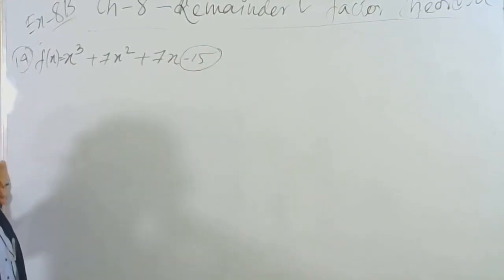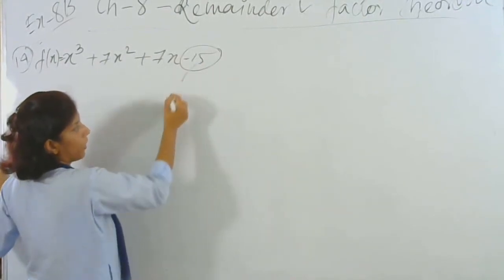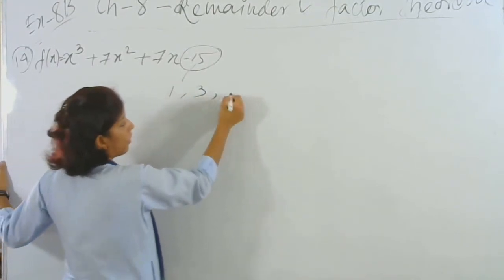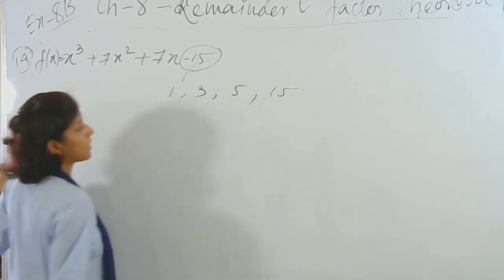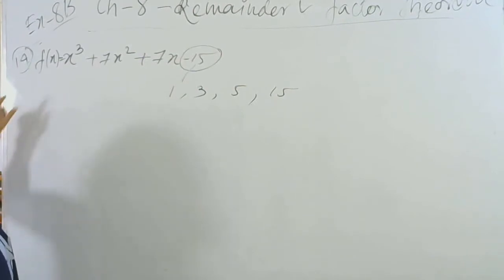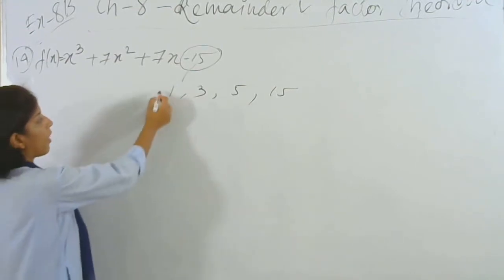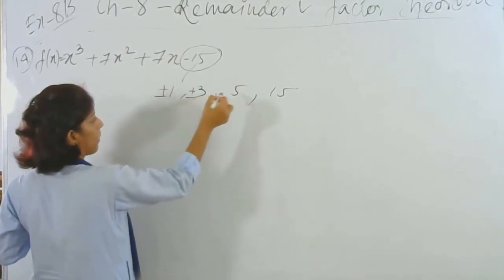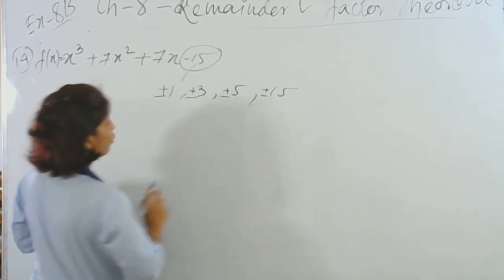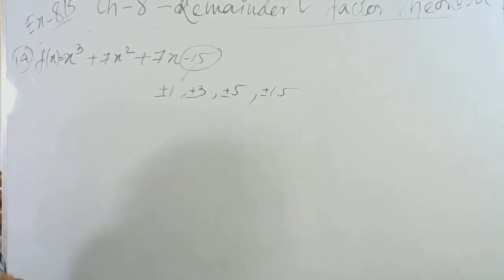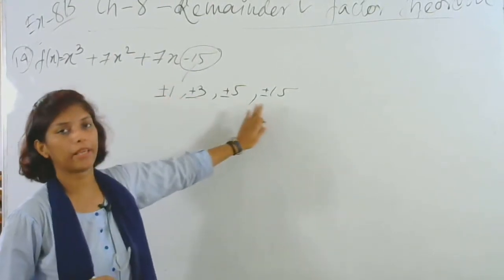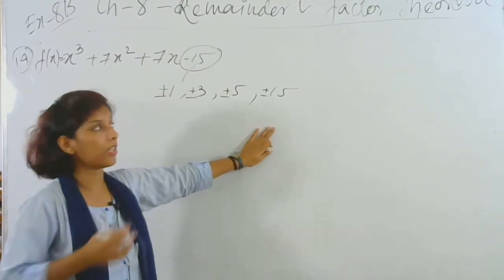You cannot use any random number. Like 2 or 5, yeah, I can use, but 2, 8, 7, I cannot use. What are the factors of 15? 1, 3, 5 and 15, right? These are the factors of 15. So the hit and trial method will use only these numbers. Now here I can include plus also, minus also. So I'll write plus and minus both. It could be minus 15, it could be plus 15, it could be minus 3, plus 3, like that. So now, these are the numbers that I'll be using for the hit and trial method, that is, the factors of the constant term.